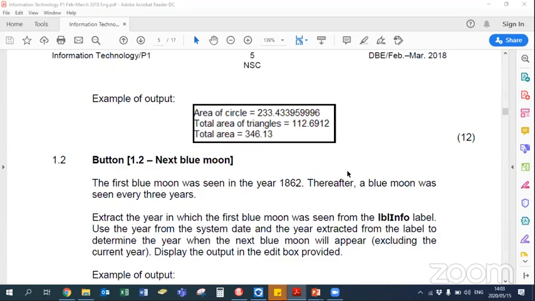Shawn is asking, this question came out in a grade 11 final exam last year. Well, your teacher obviously used it, so that this was a February-March 2018